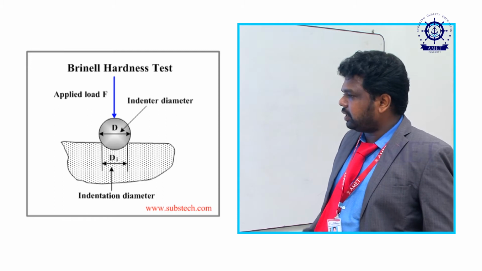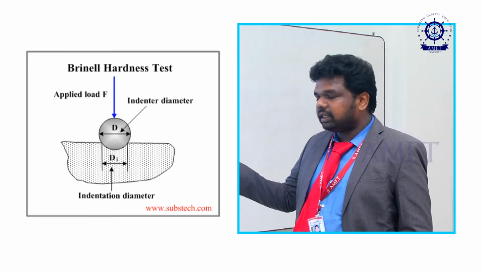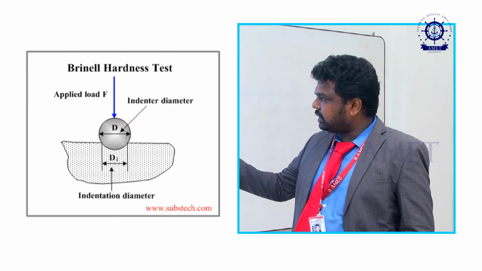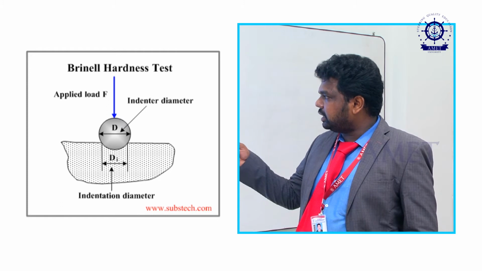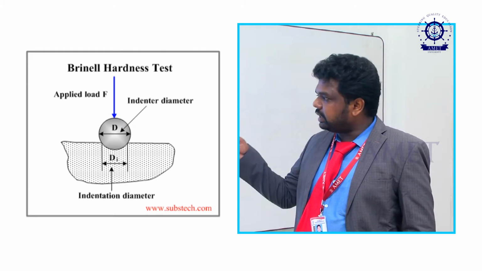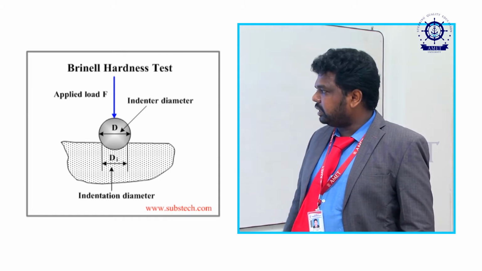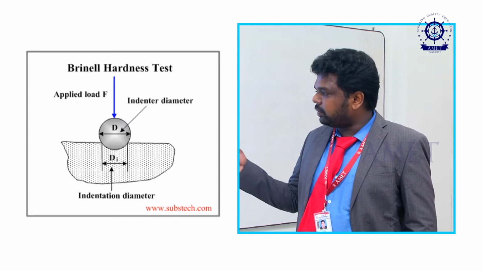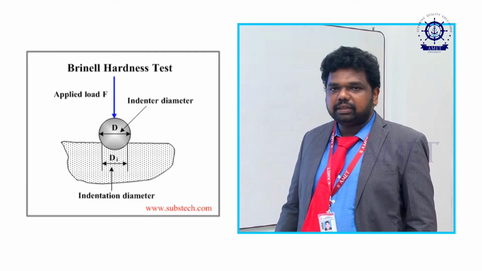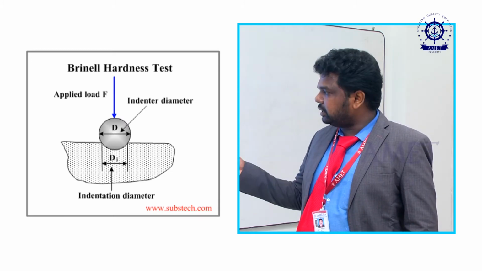After applying the load to the machine, we can measure how much indentation occurs in the specimen. Here, D is the indenter diameter and D1 is the penetration indentation diameter. You want to find these two diameters, D and D1, and the applied force is known. Based on the different metal structure, you should use different forces, then measure the result